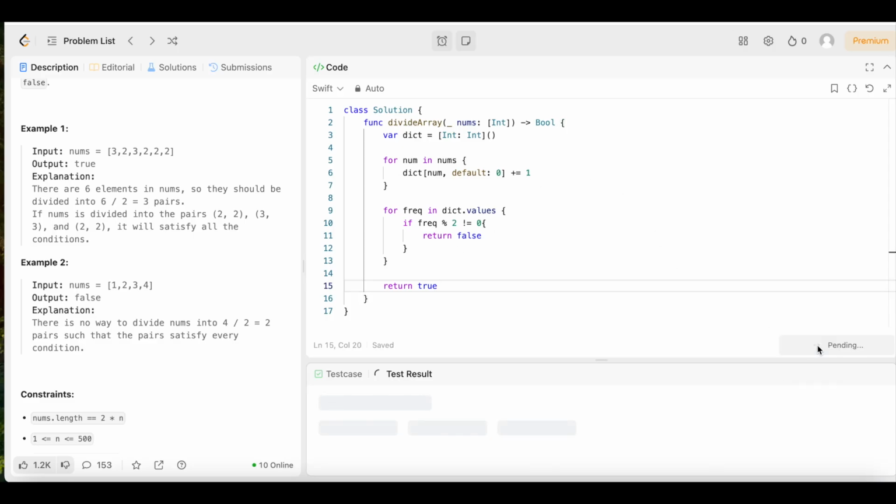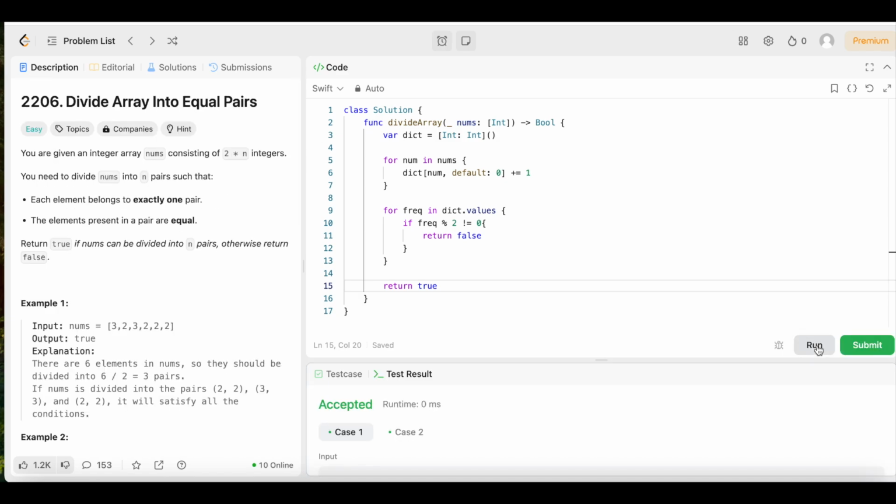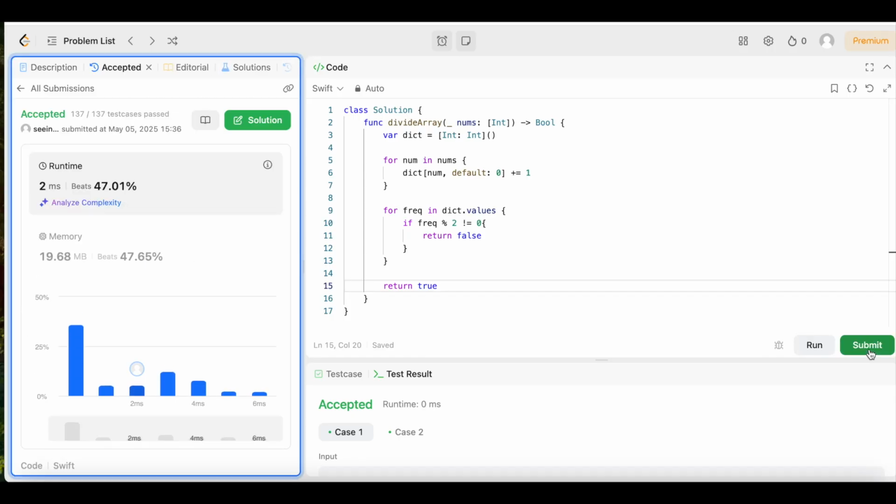Let's give it a run. Make sure it runs properly before we submit it, and it's accepted. So let's go ahead and submit it. Make sure it's still accepted after we submit it. Okay, look at that, y'all. 2 milliseconds beats 47.01% of users. Not too bad. We could get those numbers up, but I feel like this is a simple and easy solution